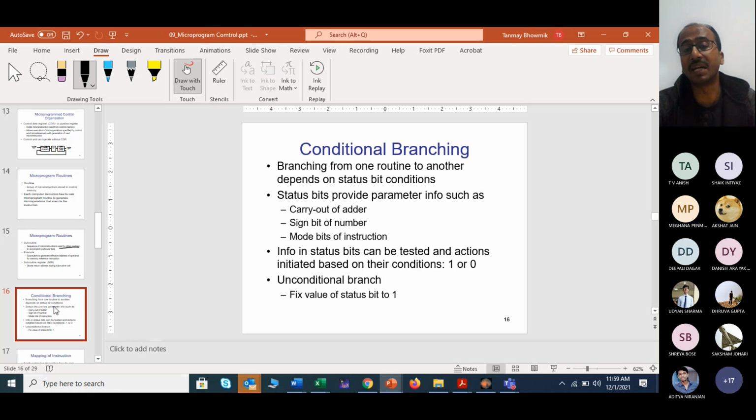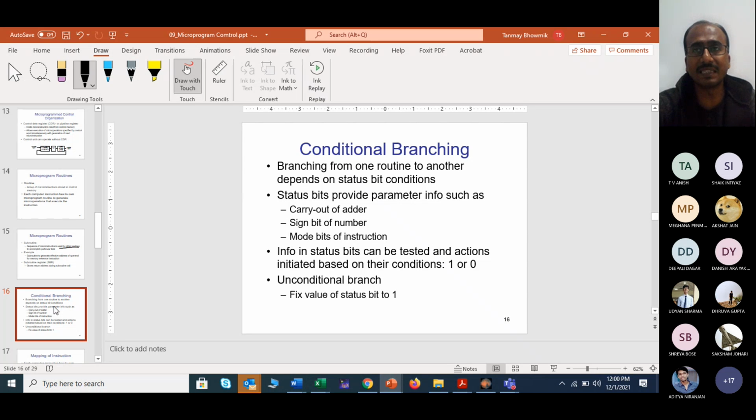So what is being done by these branch instructions? Actually they are performing some branching. That means you are checking one condition. If the condition is satisfied, you will go this way. If the condition is not satisfied, you will go this way. So like this, different paths are actually being controlled, right? So how are they actually controlled? You are writing the branch instruction, you are writing the condition, everything is fine.